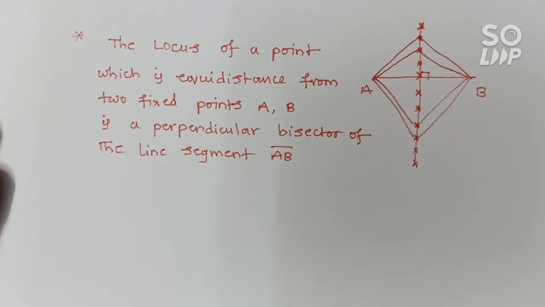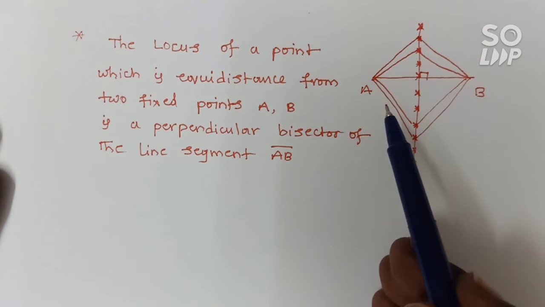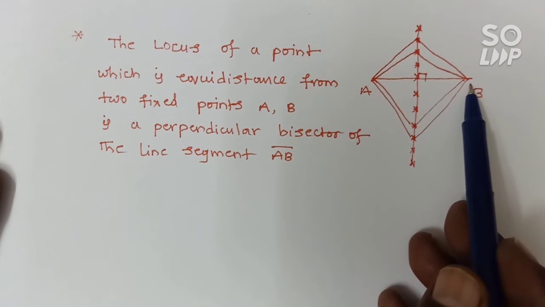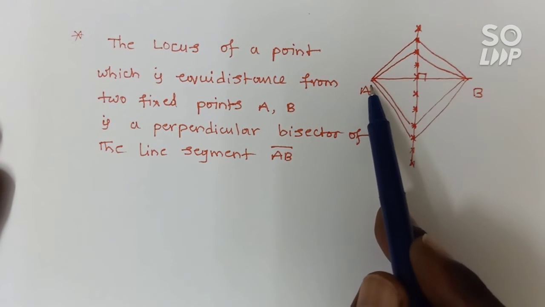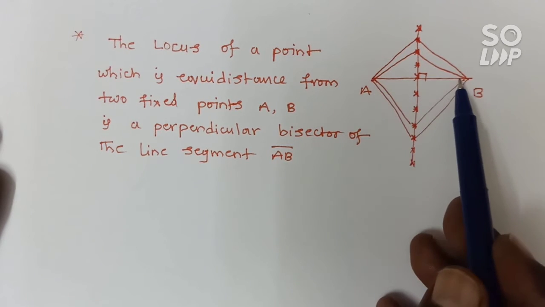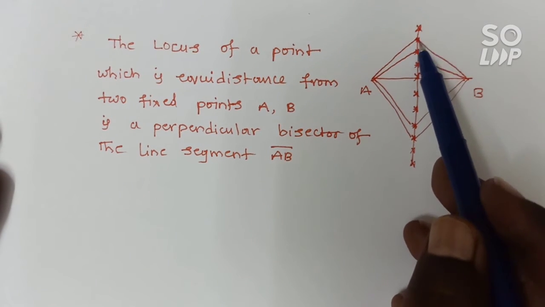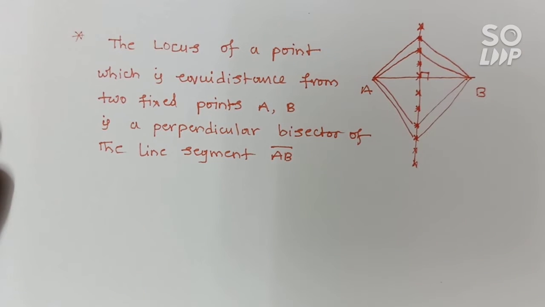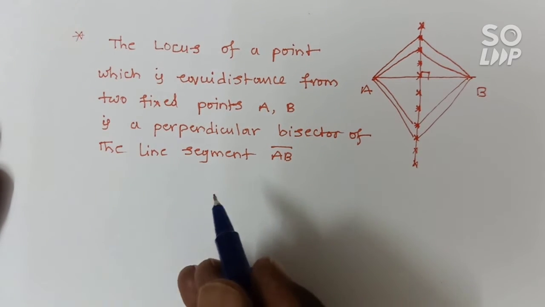See, once again you observe this one. When we take two fixed points, the locus of the point which is equidistant from these two points, how many will exist? Infinite number of points. So if that question is asked from the objective point of view, how many points are equidistant from two fixed points, immediately our answer will be infinity. How many points will exist? Infinite number of points. So that point we will write later.